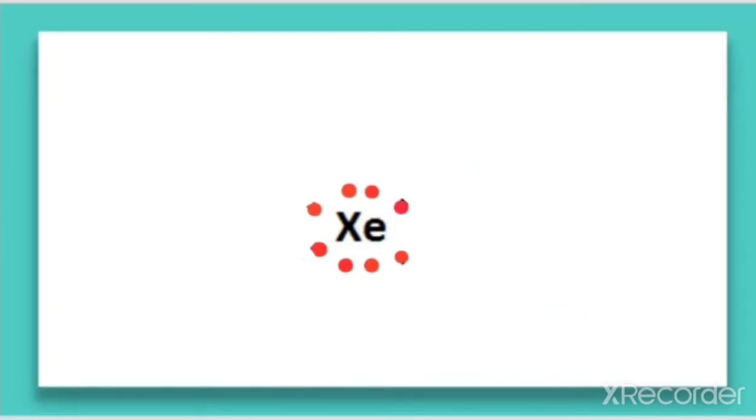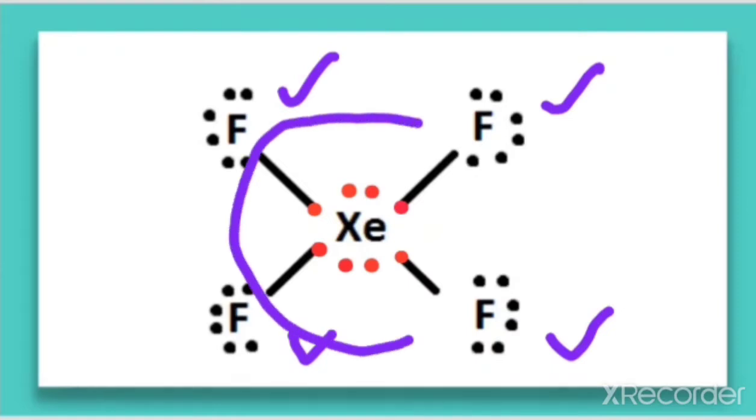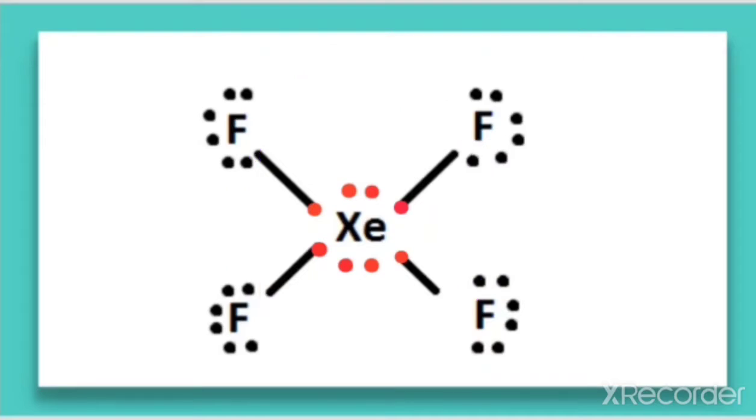But still these can form compounds like XeF4. When you look at the structure here, out of 8 electrons, 1 electron is shared with the fluorine. This fluorine, 1 electron is shared with this fluorine. 1 here, 1 here. So when you find out the total number of electrons surrounding xenon, that is definitely more than 8. So we can say that even though the noble gas species have a stable configuration,